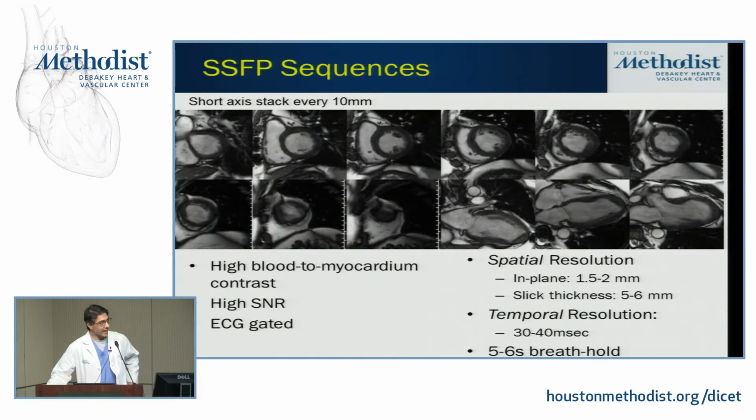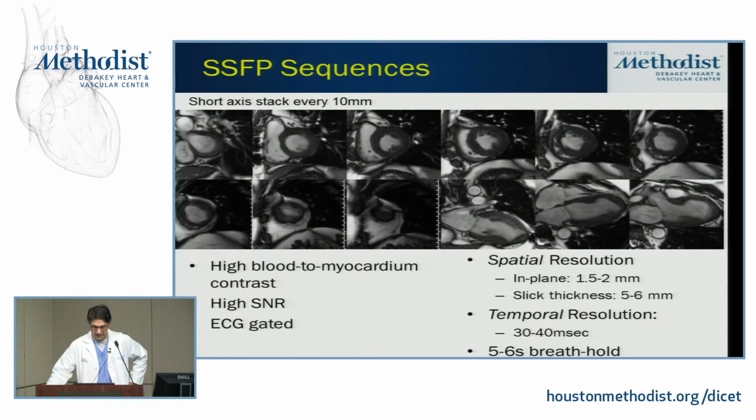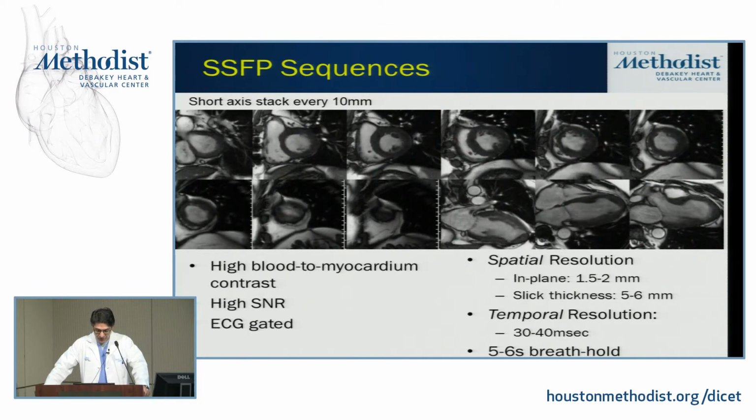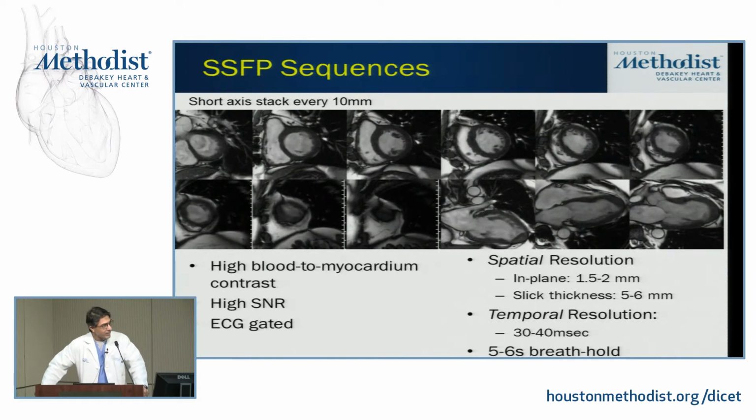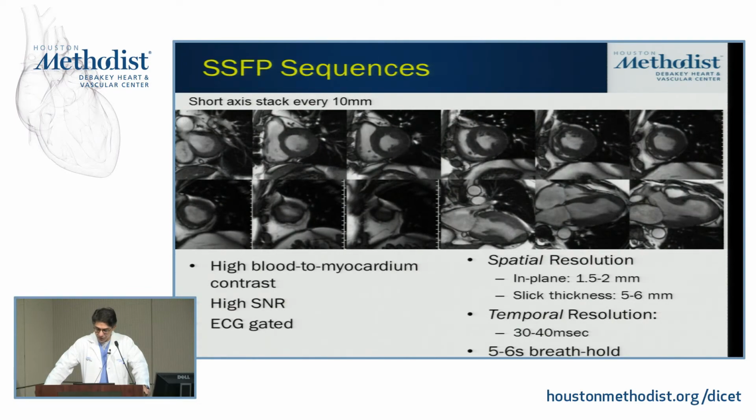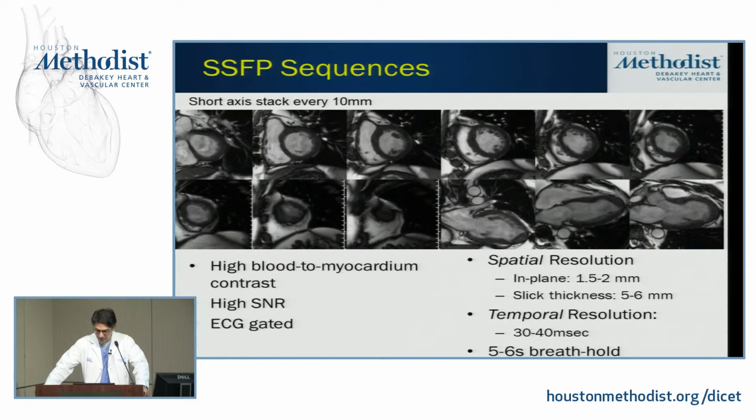Okay, so this is our classic SSFP sequences that y'all have been used to seeing. In general, we create a stack of short axis cines starting from the base all the way to the apex, about 1 centimeter distance from each slice, and along with those you have our standard long axis images. I hope you can appreciate the images have very good high signal intensity and very good spatial resolution. Our spatial resolution, at least in plane, is between 1.5 to 2 millimeters, whereas the slice thickness,